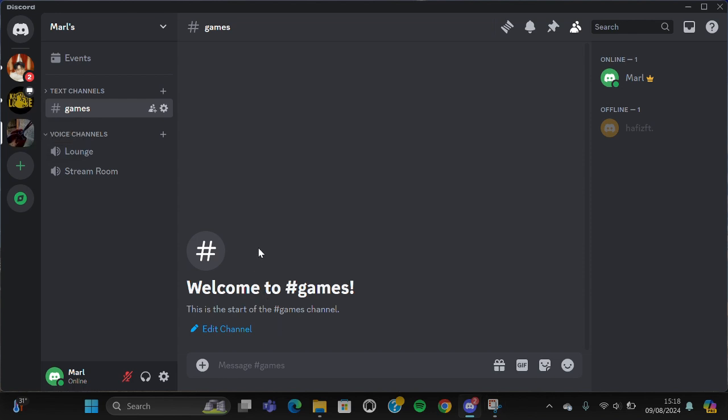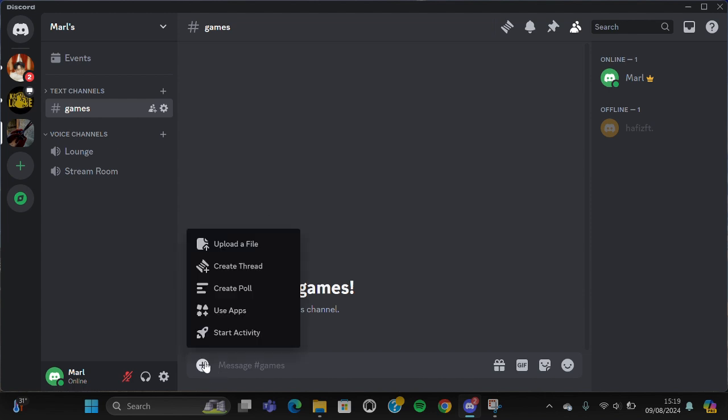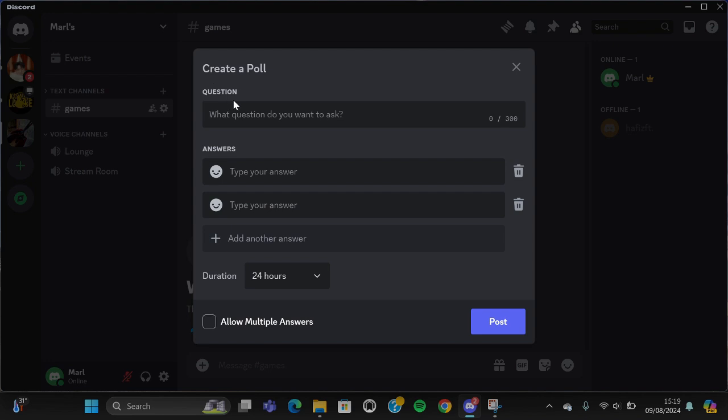Once the server has been opened, go to this plus button, and then there will be some options for you. If you want to create a poll on your server, you can click on this option, and then here you have to add the poll question: what question you want to ask your members on your server. I'm just going to type in, what's your favorite movie,